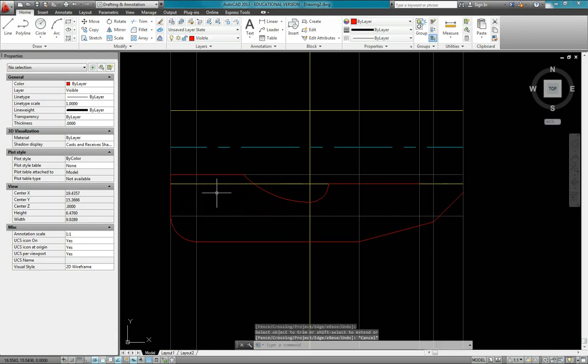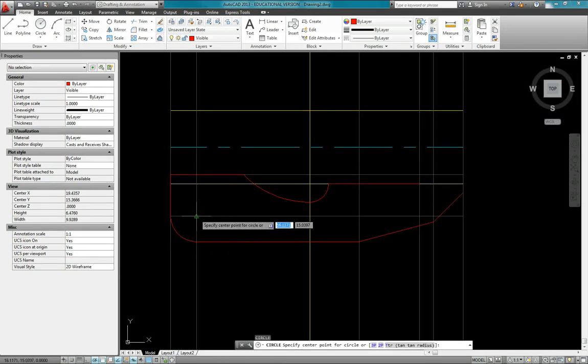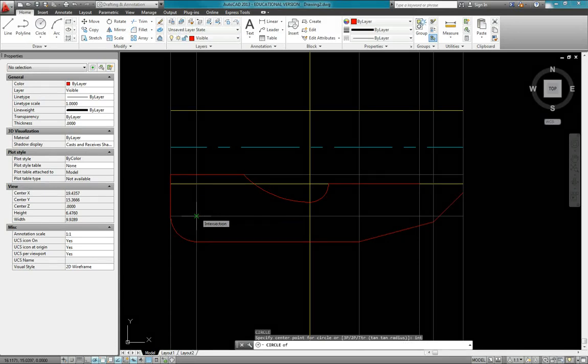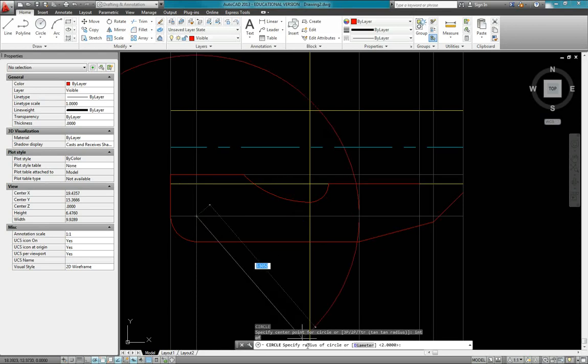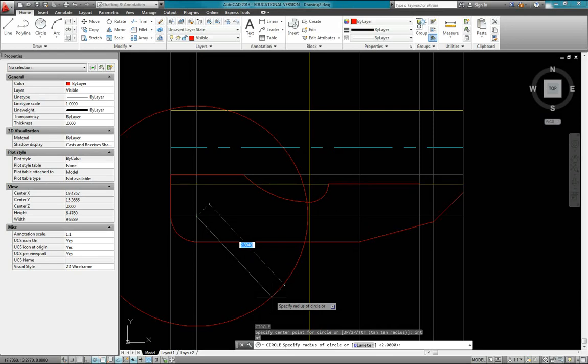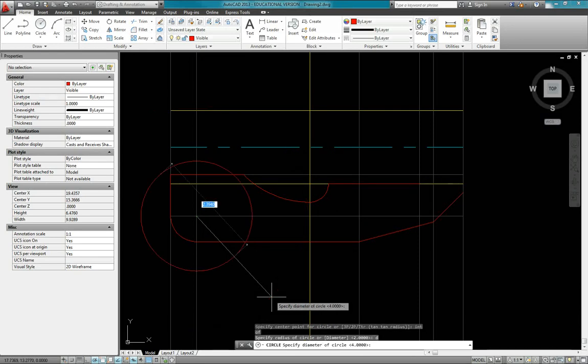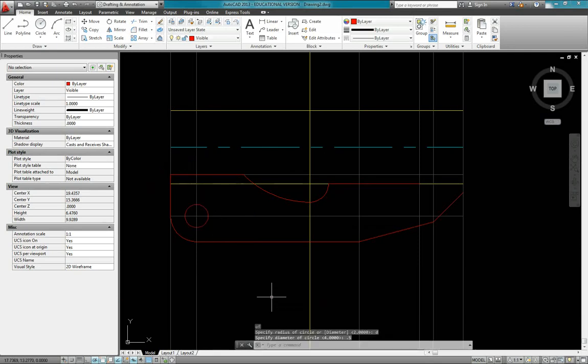Okay, so now that we've done that, let's create our circles. Okay, so C, enter, and I want to type in INT, enter. Make sure it's on the intersection of those lines, and we're given a diameter of 0.5. Okay, well, by default, just entering the C command makes AutoCAD ask us for a radius, but I want to enter the diameter since that's what we're given. So I'll type in D, enter, and then 0.5. Okay,